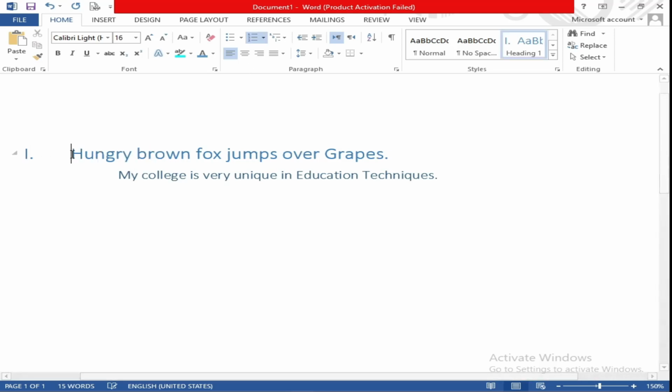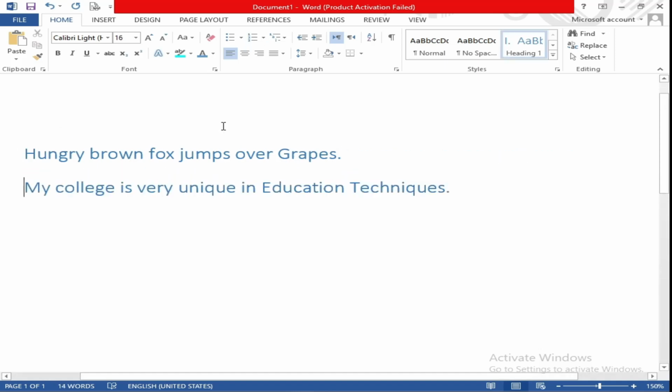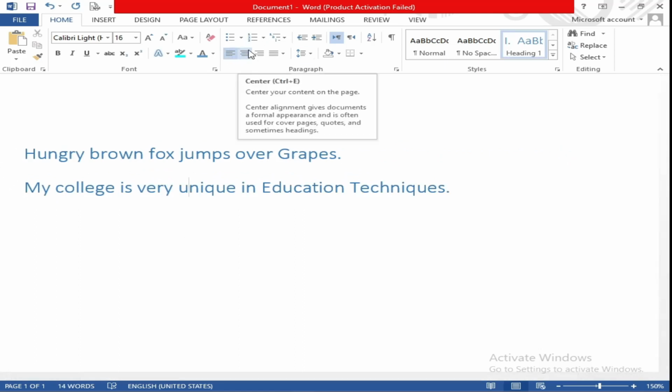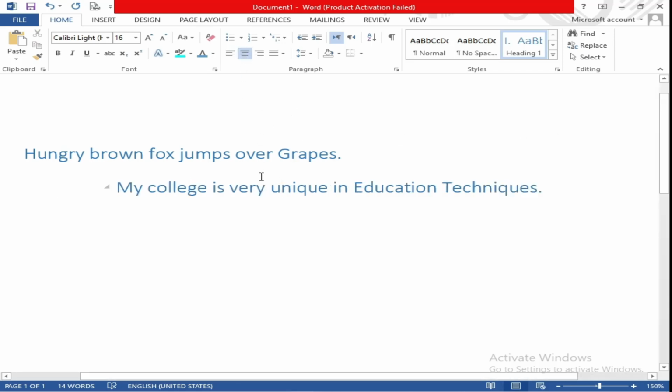After that, we are going to check other tools, and we will select all of these, or without selection, we will click on this. As you can see, this is a tool in which if you want your text to be in the center, you will click here, and as you can see, it has only moved one line because the cursor was on the second line.